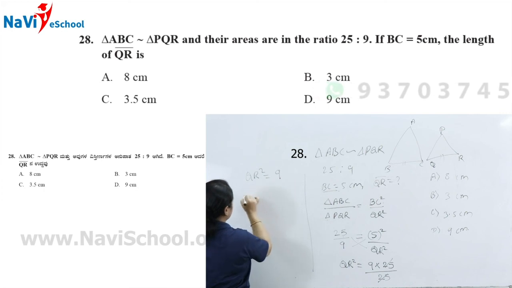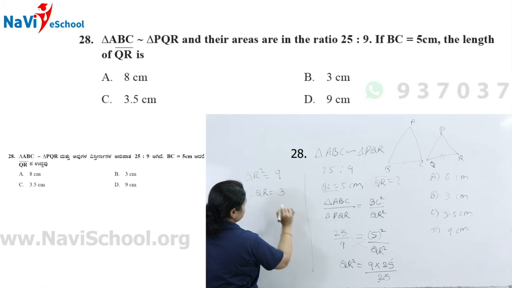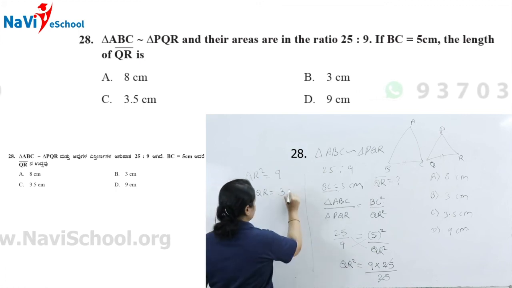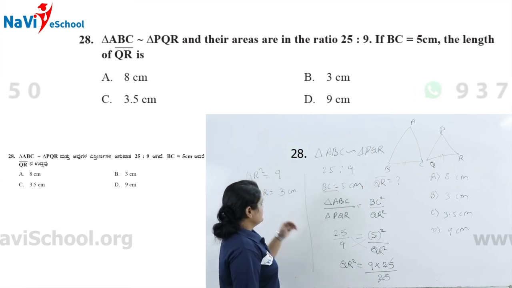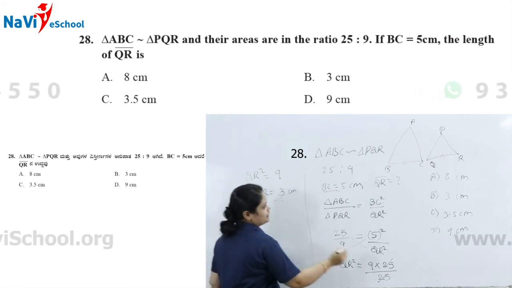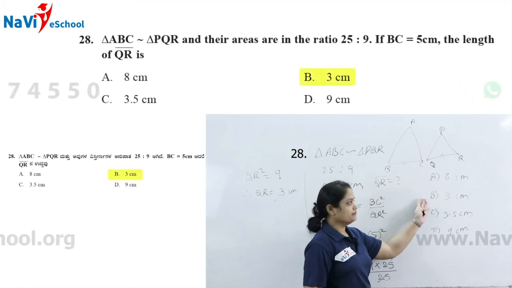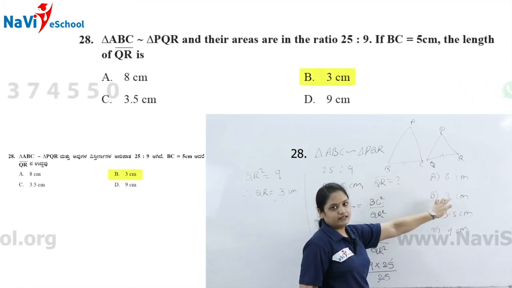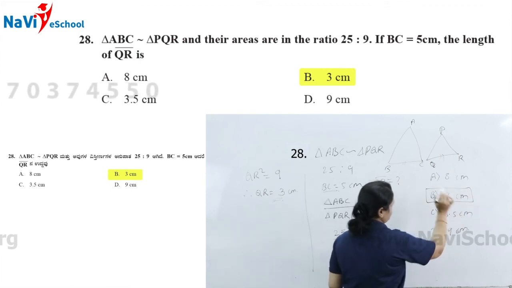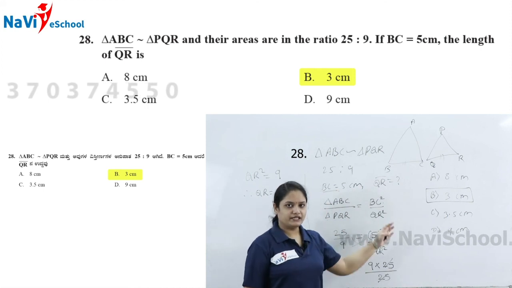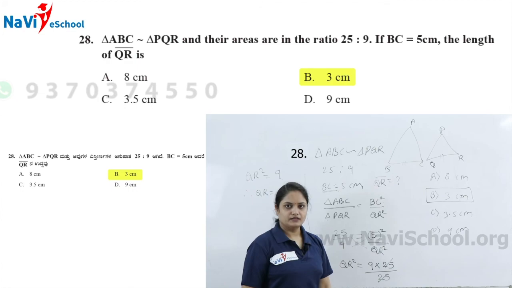Therefore, QR is equal to 3 centimeter. Is that clear? Next, here option A is 8 centimeter and option B is 3 centimeter. That's why our answer is option B. Got it children, how it came? Next,